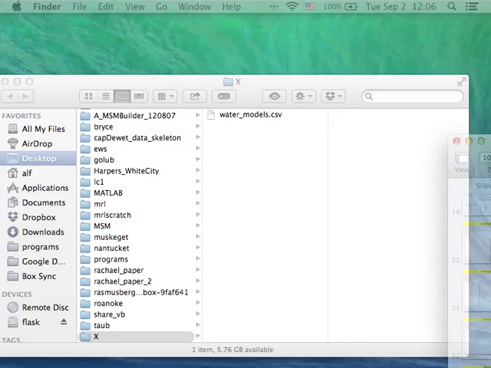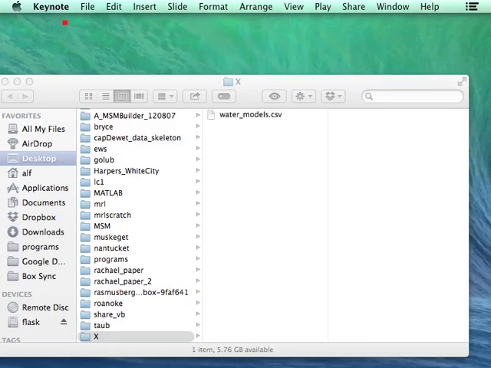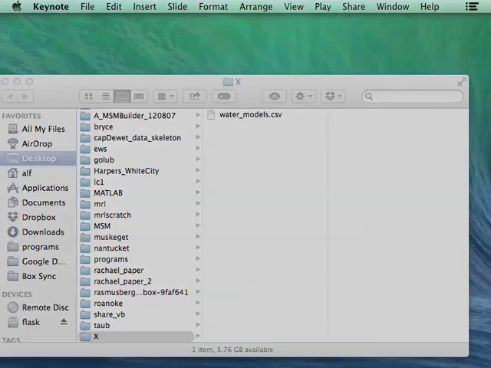Okay, my MATLAB's not booting because I haven't got a decent internet connection. So you'll just have to trust me.